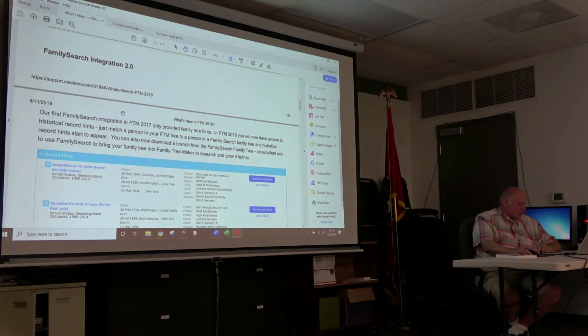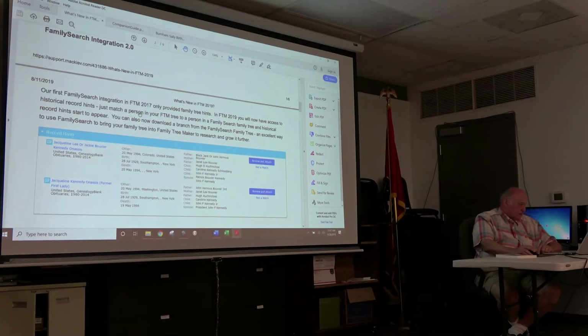Family search integration, there's going to be new things there. It said, when they first did it, it only provided family tree hints. In 2019, you'll have access to historical record hints. So the hints that they gave you before having to do with family trees were sort of okay, but you've got to remember that